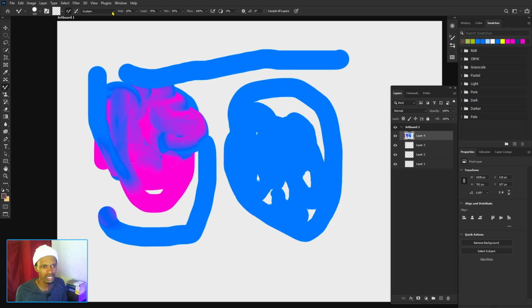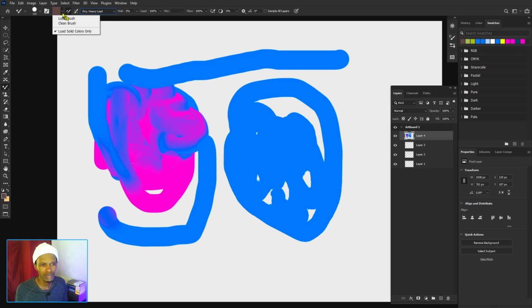Right, now over here, you can make me explain this, but you don't need me to explain this at all. These are just variations of brush styles, if you get what I'm saying. Yes, that's why you see this one is dry, this one is a dry light load, this one is moist. You can go ahead and play with it on your computer. I don't need to really do this. I might pick one here, I don't know, moist, I'm going to pick this one, and then I'm going to